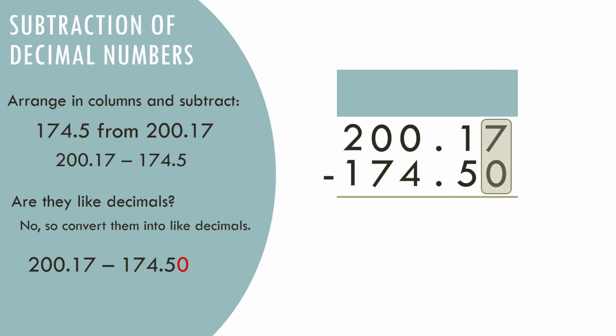7 minus 0 is equal to 7, so write 7 below the line. Then subtract 1 minus 5. It is not possible. Since 5 is bigger than 1, 5 cannot be subtracted from 1. So we need to borrow. Can I borrow from this 0? 0 means nothing. How can you borrow from who has nothing? So cut 0 and move to the next. But I see another 0. So again cut 0 and move to the next.